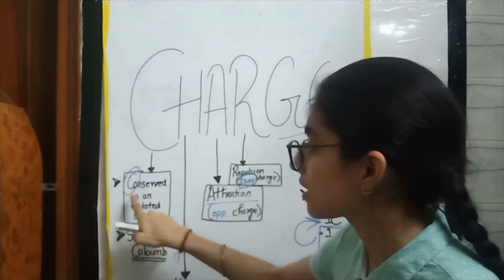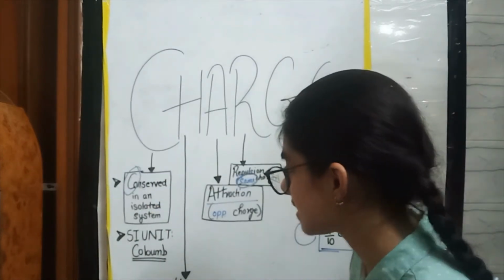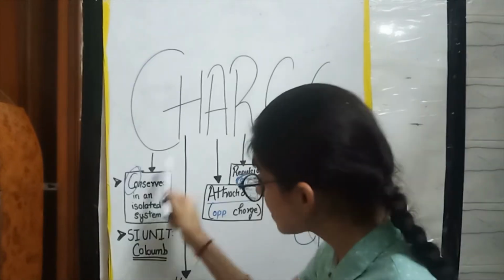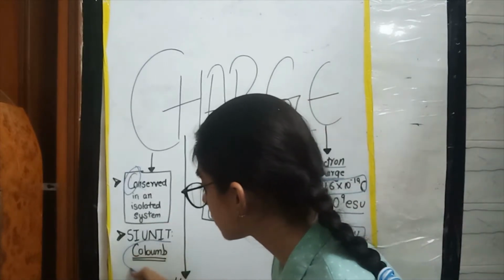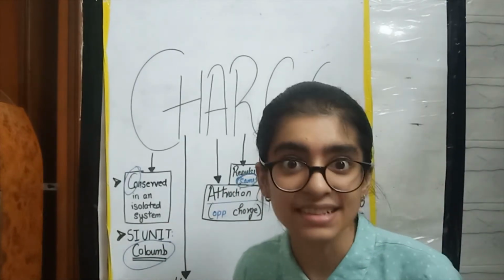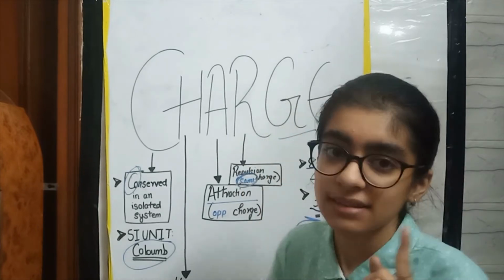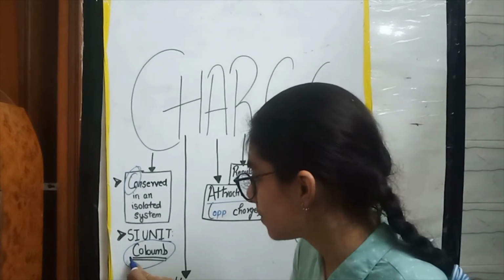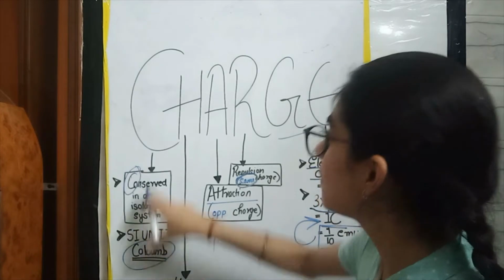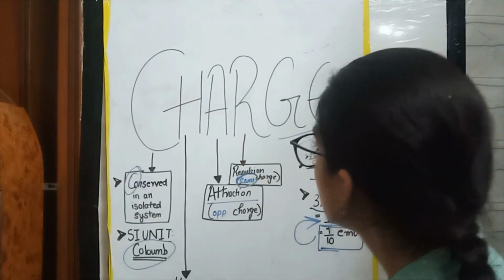Charge. C stands for conserved in an isolated system. Now, the SI unit of charge is also coulomb. Yes, it's coulomb. और किसी के भी मार्क्स नहीं कटने चाहिए coulomb के लिए, because C coulomb, C charge,